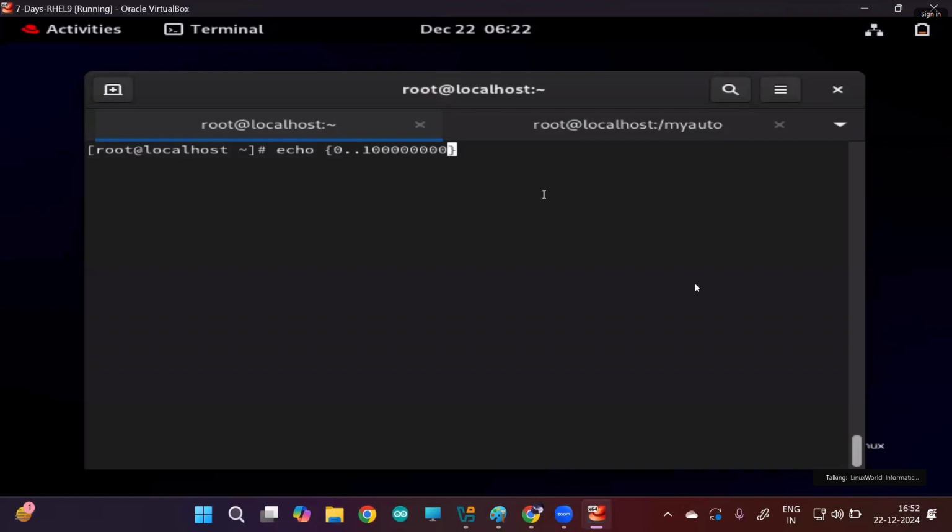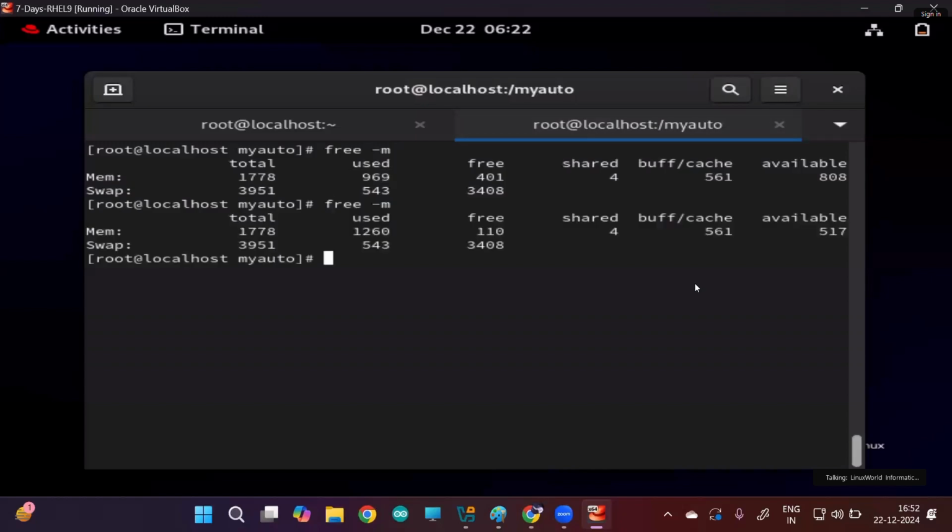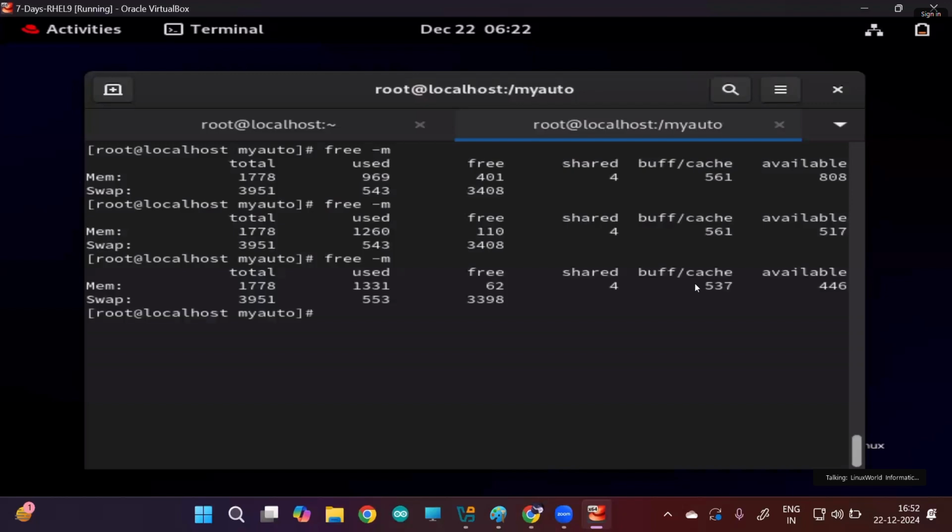If it loads on the RAM, then you can see your memory will be used more. Let me show you. Enter, it generates a lot of numbers. See here, memory is being used, right? See here, it increases. Now because it increased, if I run my bash program,